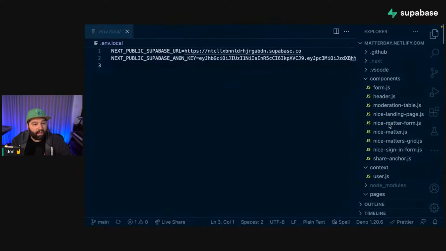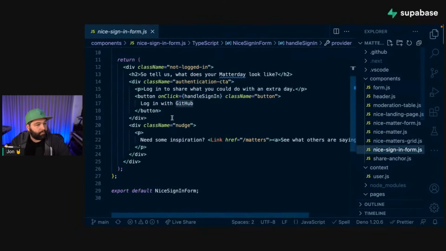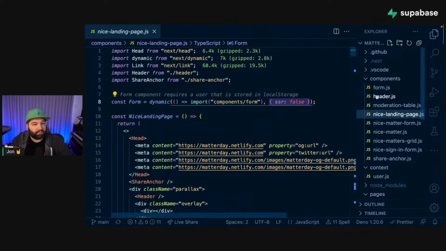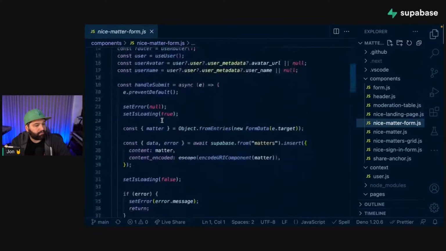So if we come back to our form, now that we have signed in, all of this stuff has happened, we clicked the handle sign in button, that's gone off and authenticated with GitHub, and then it's rerouted us back to the landing page, which has checked with that form, is our user now signed in, which they are, and so we're rendering the nice Matter form. So if we have a look at the nice Matter form,